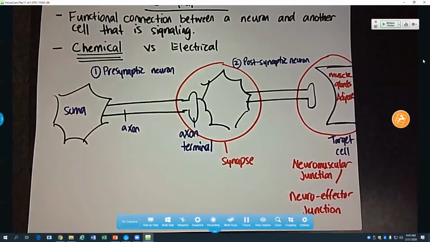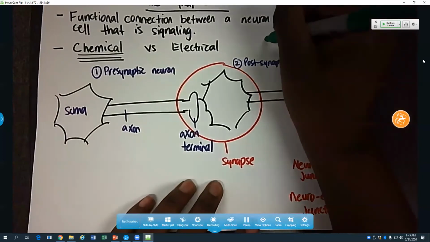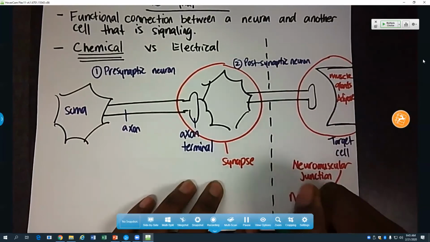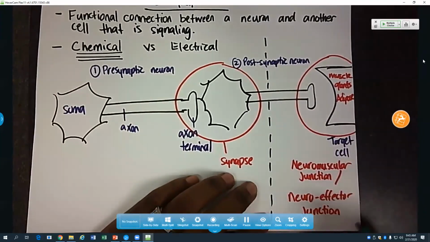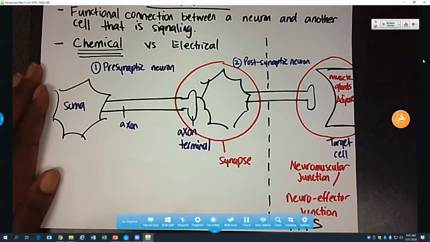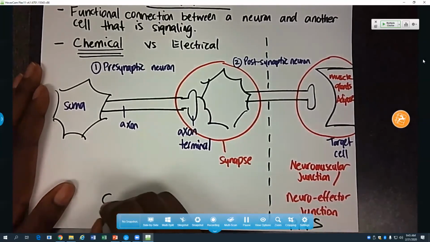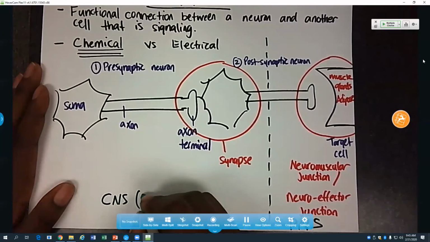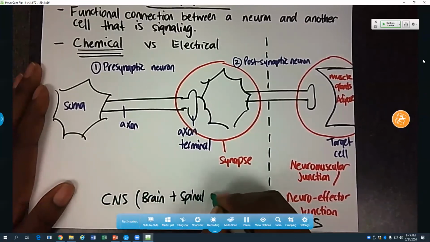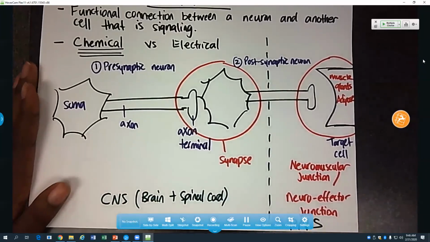Okay, now we can also delineate between the central nervous system and the peripheral nervous system here. So anything beyond this synapse to synapse communication is called the peripheral nervous system. And anything proximal to this second neuron is called the central nervous system. And this really includes the brain and the spinal cord, whereas everything outside of that is peripheral nervous